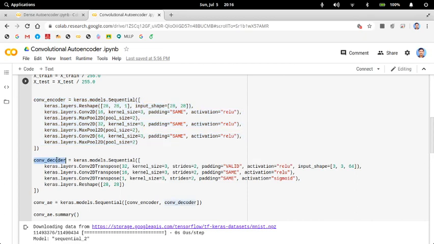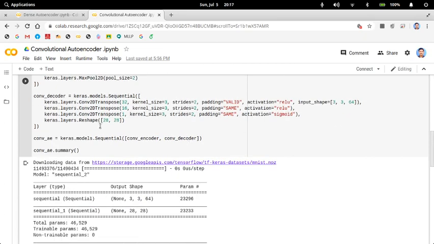Then in the decoding stage, what you need is convolution transpose layers with the same, the input shape is 3 into 3 into 64 and the output should be 32 here, and the output of the second layer should be 16. Output of the third layer should be 1, means that it's a 28 into 28 data. So you need to reshape it: here you will get 784 values, and those 784 values should be reshaped as 28 into 28.